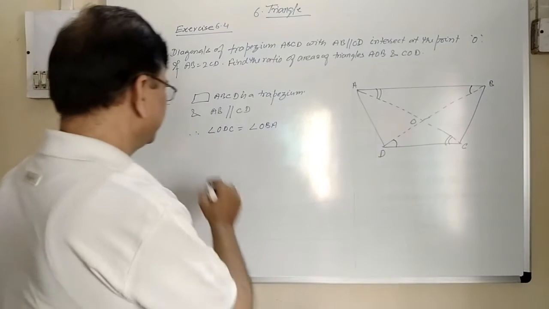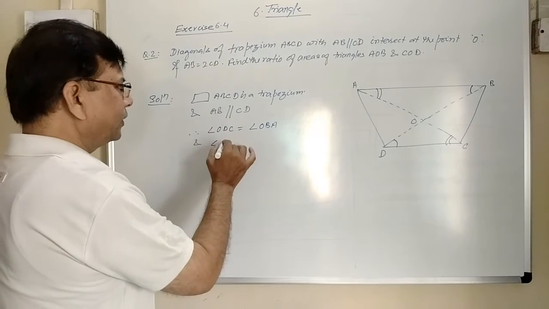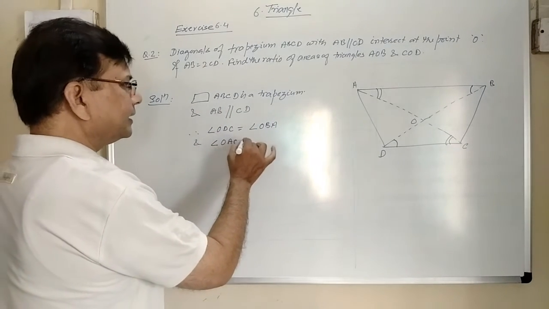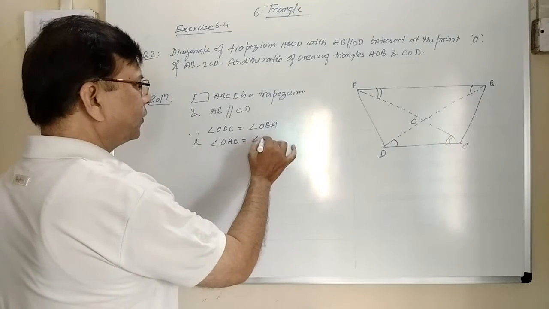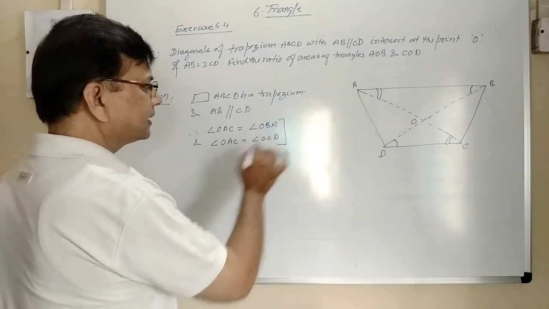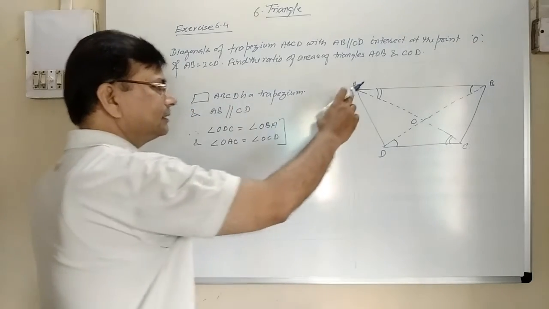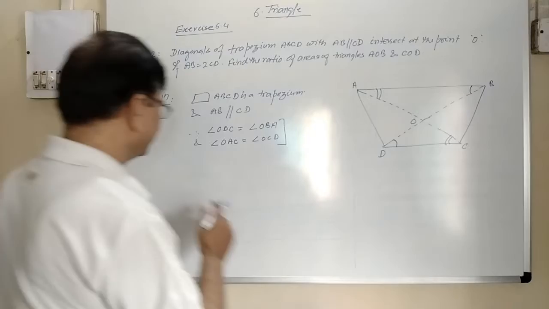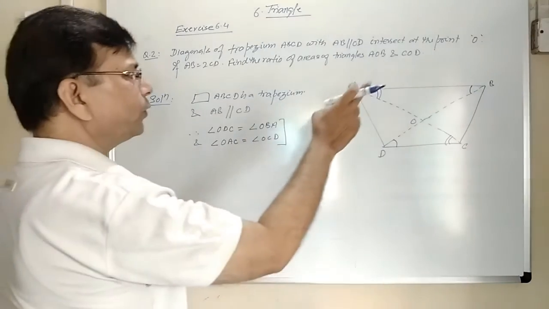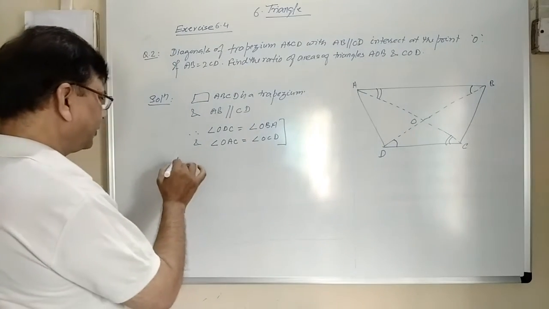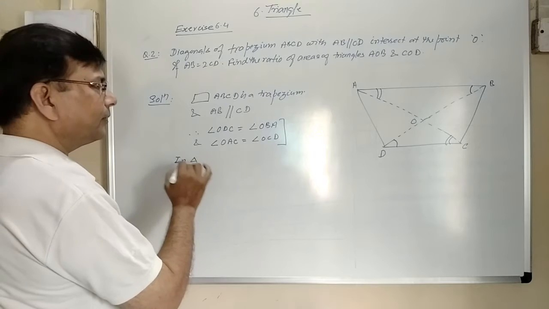So we can write angle OAC is equal to angle OCD, right? So these two angles of these triangles, AOB and DOC,